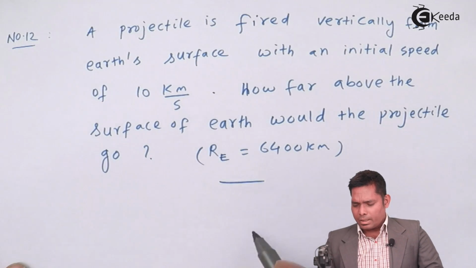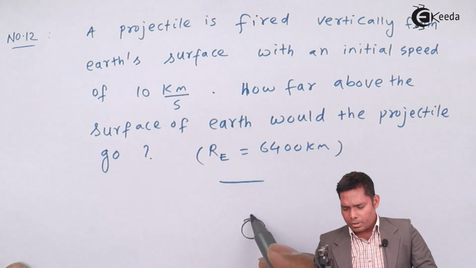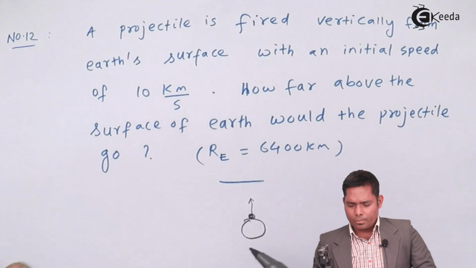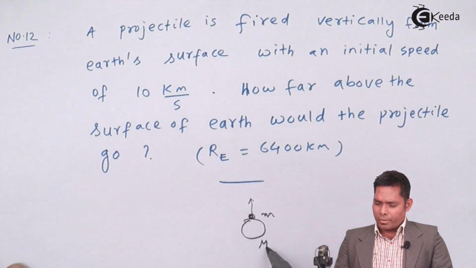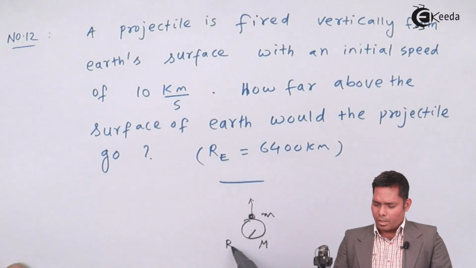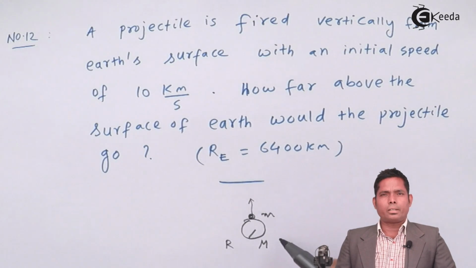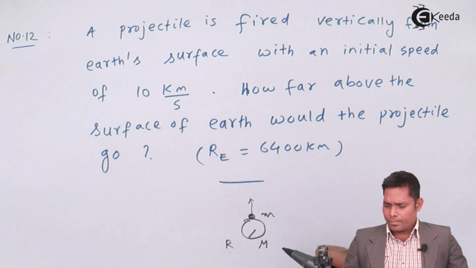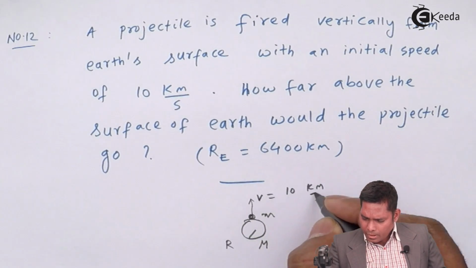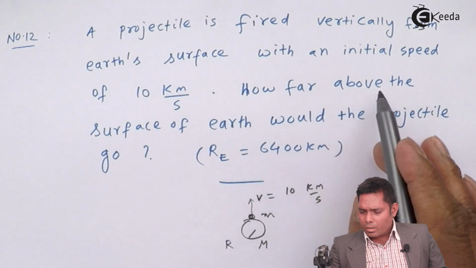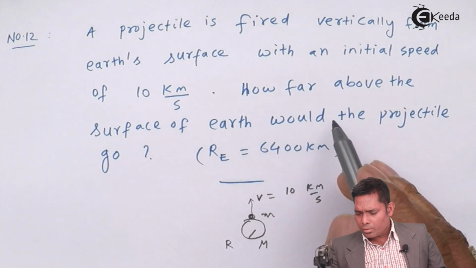The question is that the projectile is fired vertically up. Suppose this is having mass small m from the earth surface. Mass is m, radius is r, mass is 6 × 10⁻²⁴ and the radius is 6400 km. With a speed equals to 10 km per second, how far above the surface of the earth would the projectile